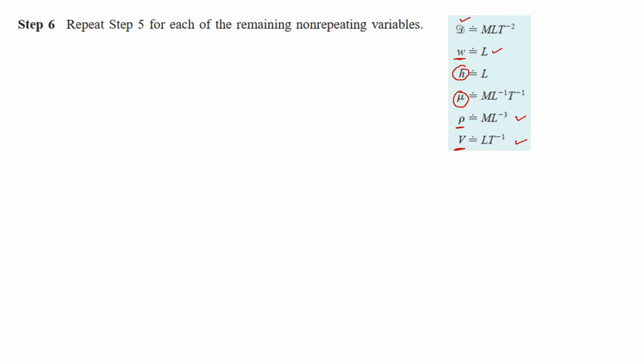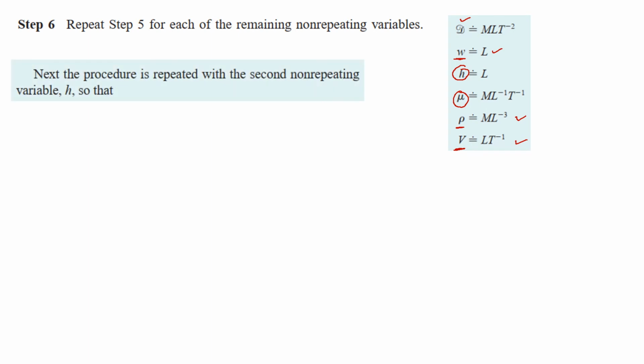So let's do that. The procedure is repeated with the second non-repeating variable, that is h, the height of the plate. Now let's form the pi 2 term, that is my non-repeating variable multiplied by my repeating variables, which are again my width, velocity and density in this case, and they are also raised to the power a, b, c. So now I'm going to write their dimensions